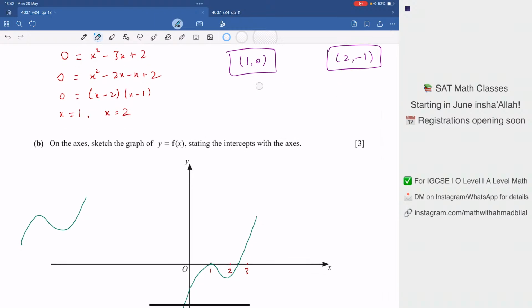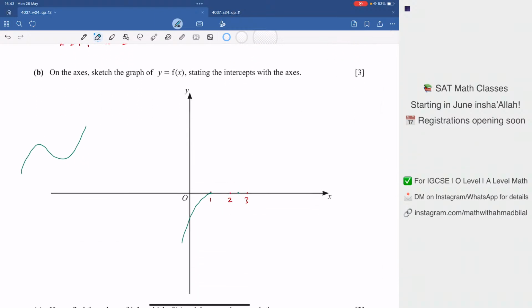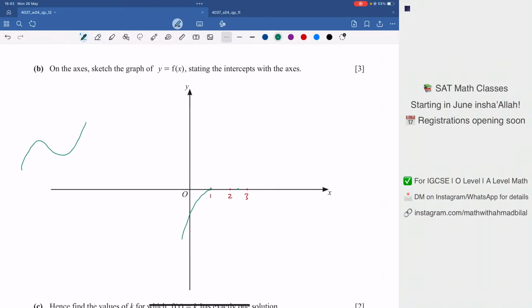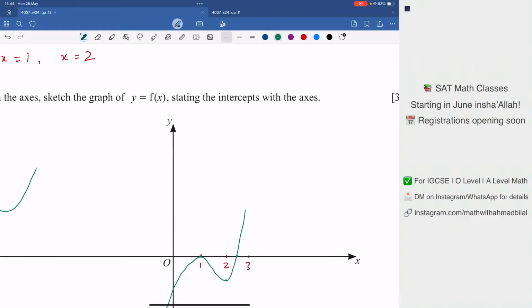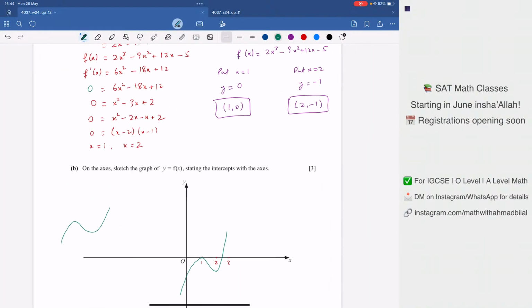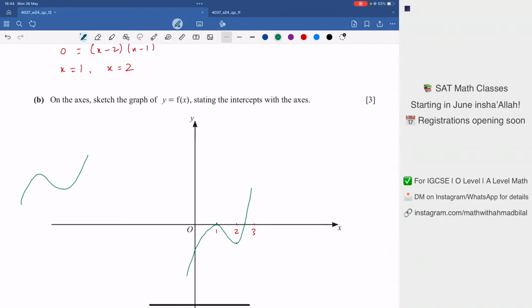So we have to be careful about that as well. The other stationary point that should have actually occurred at 2. So let me draw a stationary point at this position here, so it would look like this. The curve goes below such that it has a stationary point at 2, and then it changes direction and goes like this. Okay, so we have these two stationary points as we found in the first part, and the x-intercepts,